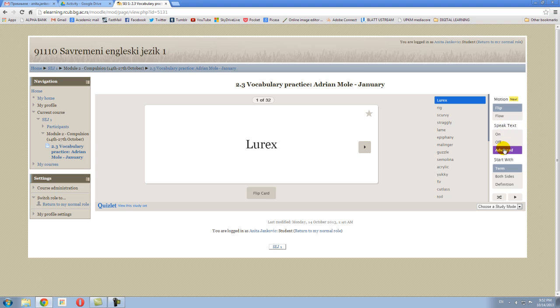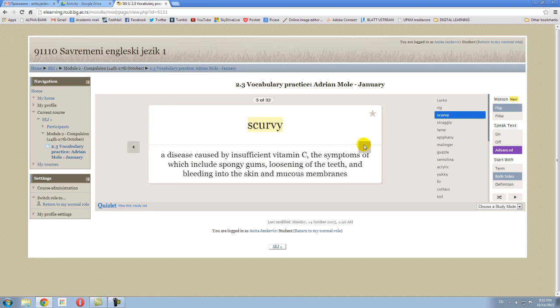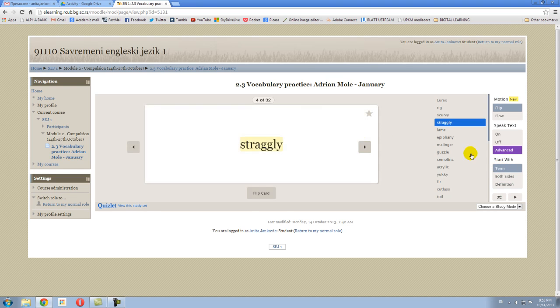So I like to have term audio on to hear the actual words spoken, but I have the definition audio off because I don't want to hear the definitions. And I also like to start with both sides first to go through all the new words where I have the term and the definition. After that, after finishing all, in this case 32 words and expressions, I would go to seeing the term first,